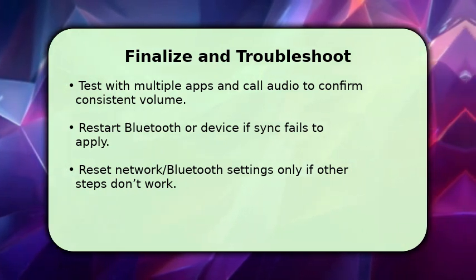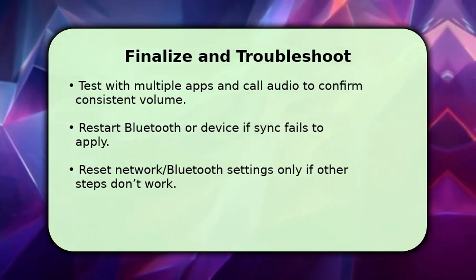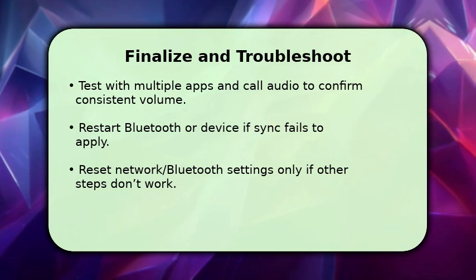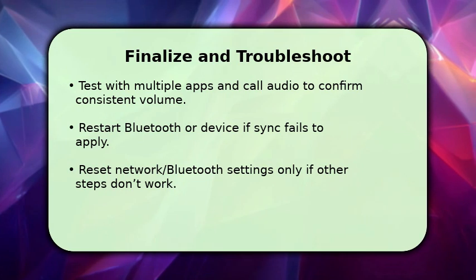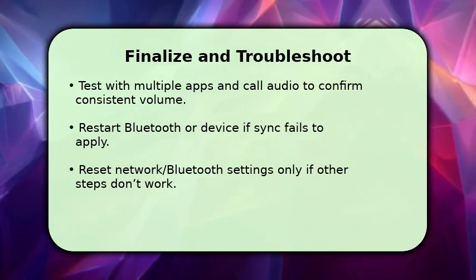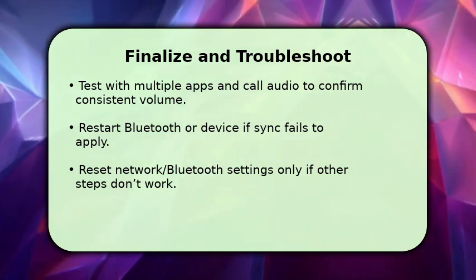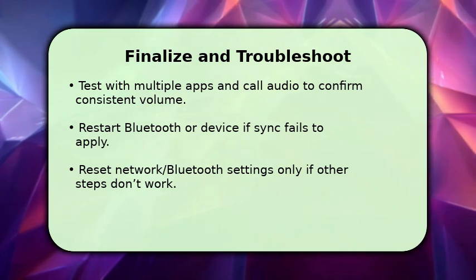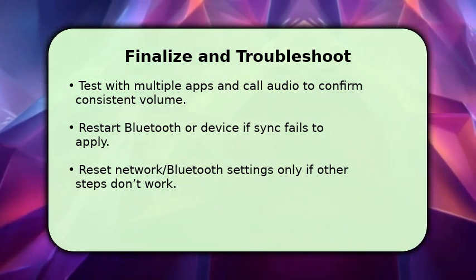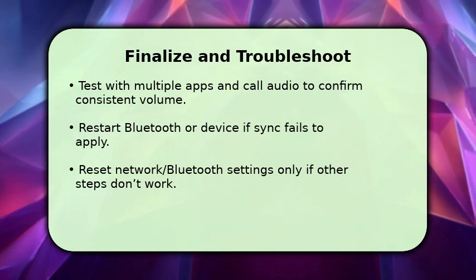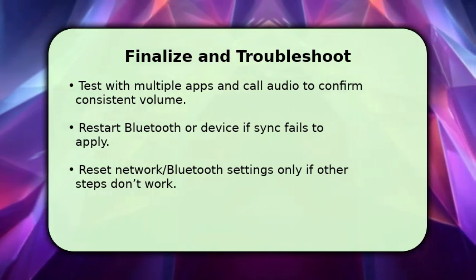If sync didn't apply, turn Bluetooth off and on, disconnect and reconnect the accessory, then retry enabling media volume sync. If problems persist, restart the device. As a last resort, reset network or Bluetooth settings to clear corrupted pair data. One key troubleshooting tip: unpair and repair the accessory after clearing cache for the Bluetooth service to resolve lingering sync